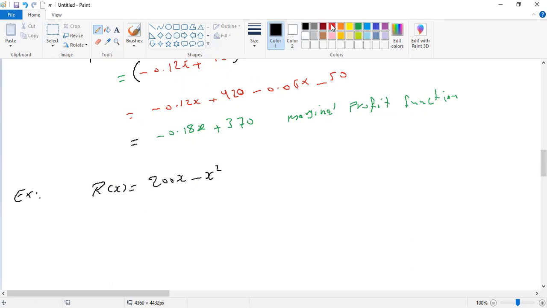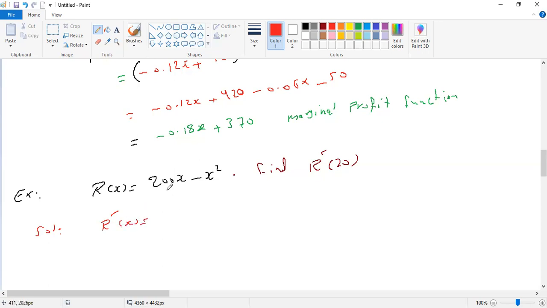Now, what about R prime? How to find it? I want to find R prime of 20. First, see the solution. R prime, I mean the marginal revenue of x,